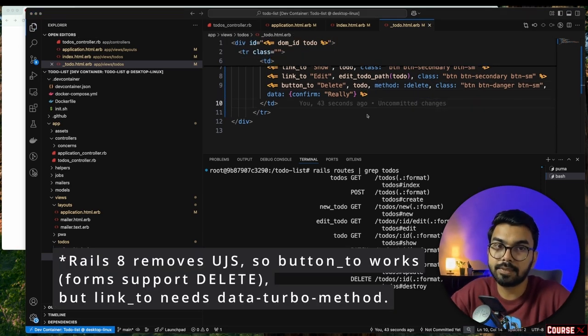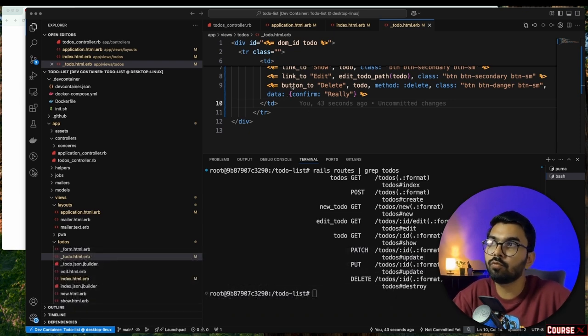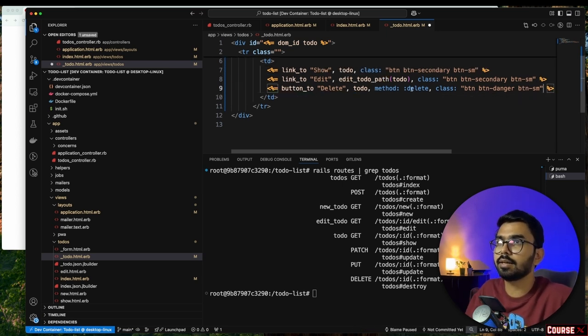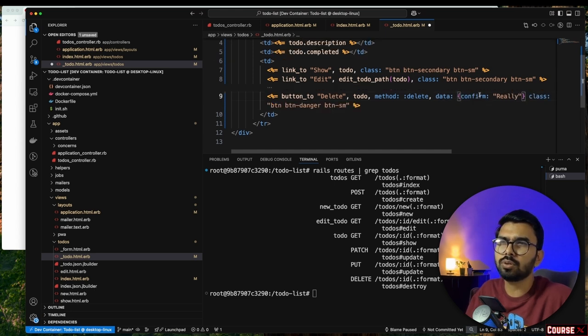So what this basically will do is, with button_to it will create a form for us to submit, and why link_to does not work is because of Turbo. So we will cover that in the Turbo section, but for now, since we have button_to and this method delete, and then we have a data confirm. I'm not sure if this data confirm should be here. Let's just cut this, and probably, yeah, I don't think this data confirm will work again because of Turbo,